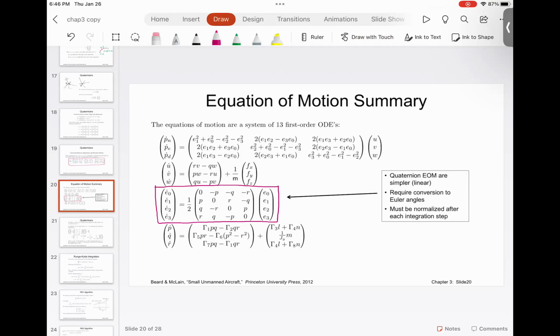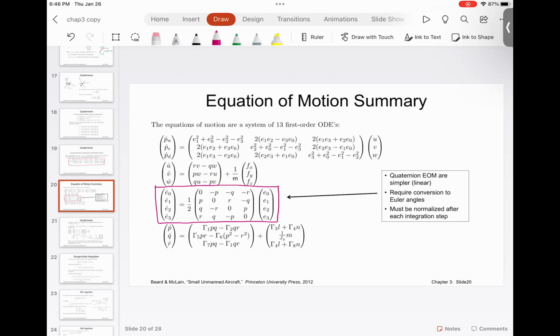But here is the problem. The biggest problem with quaternions is they grow. As soon as they grow, at every step, it's no longer a unit vector or unit quaternion. So at every integration step, you have to normalize before you feed that information to the next integration step. Everyone understood this? There are multiple ways of doing this. One simple way is, once you integrate at the next step, whatever results you get, you normalize,